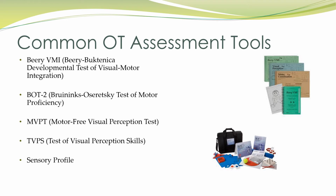This skill is used when writing letters and numbers, cutting on a line, copying from a board, and performing many other school-related tasks. Another assessment tool is the BOT2 assessment, which is a comprehensive measure of both fine and gross motor skills. For the purpose of the OT evaluation, there are several areas that are looked at, including fine motor precision, which are tasks that require precise control of fingers and hand movement, fine motor integration, which is the ability to integrate visual stimuli from motor